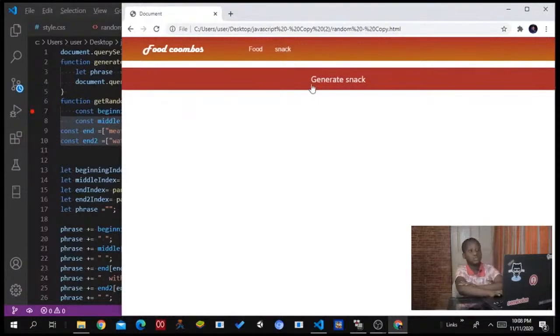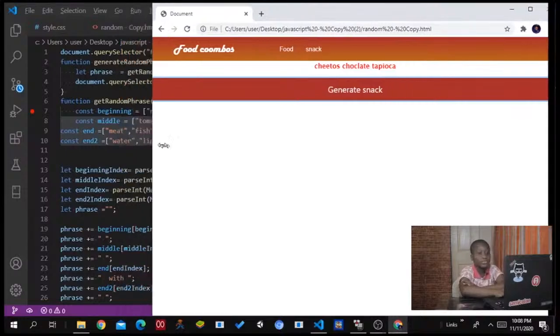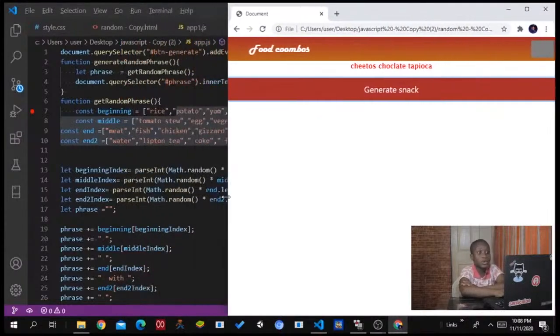Now let's get to the real fact of what we call the combination snack. This is going to be great. This one's going to create Cheetos, chocolate, and tapioca. Man, I don't know what kind of